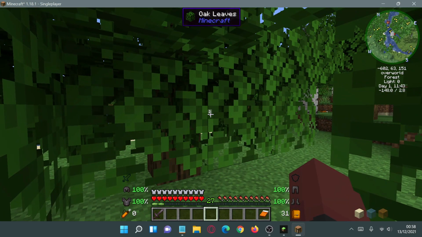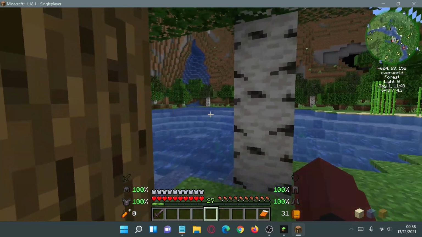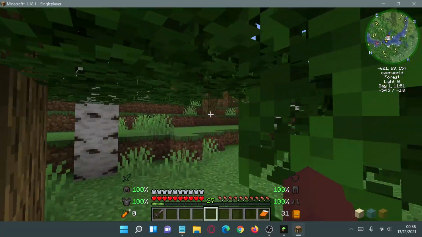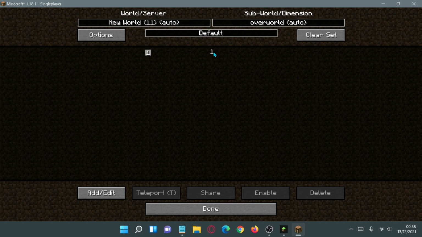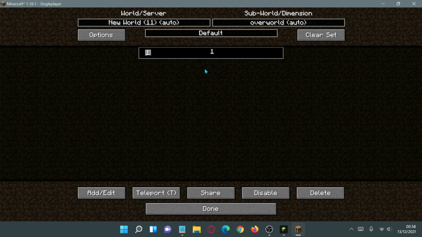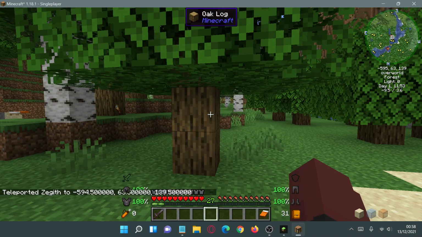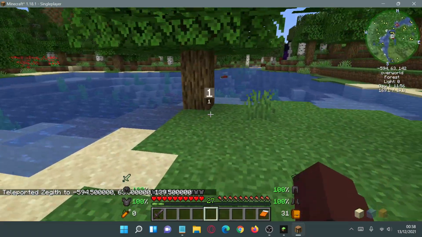Another cool thing about that waypoint is I can actually teleport to it. So let me go further away from that waypoint, and then press Y on my keyboard, click on waypoints, and click on the actual waypoint, and now I can teleport to that specific location. You do need cheats enabled, so make sure that your cheats are enabled in your game, and then you can click on teleport, and as you can see, it's teleported me to the waypoint